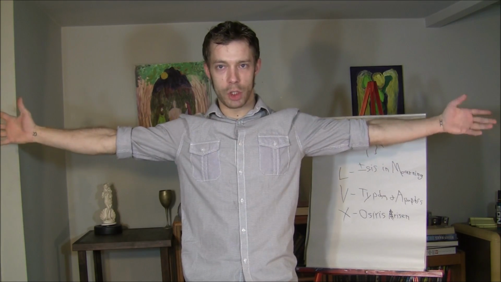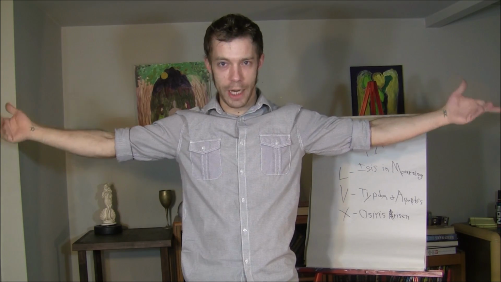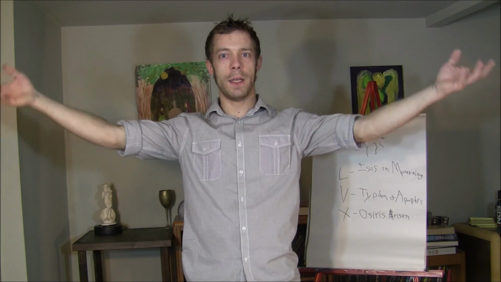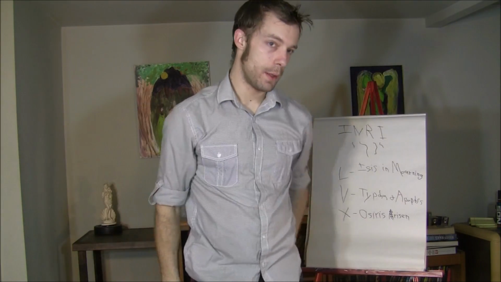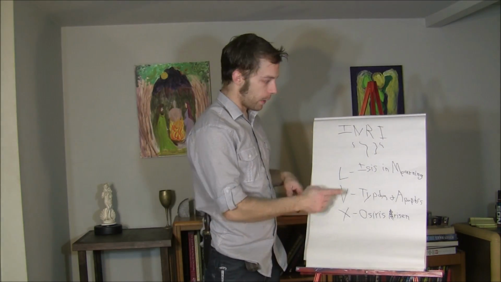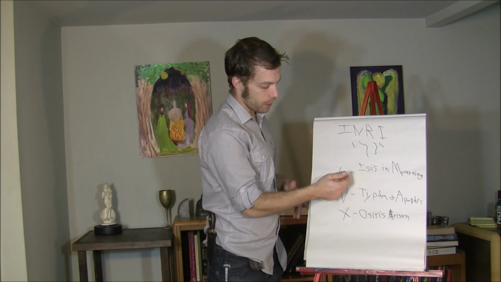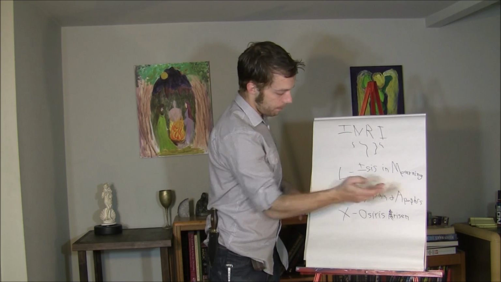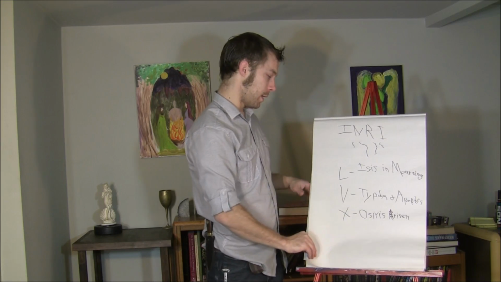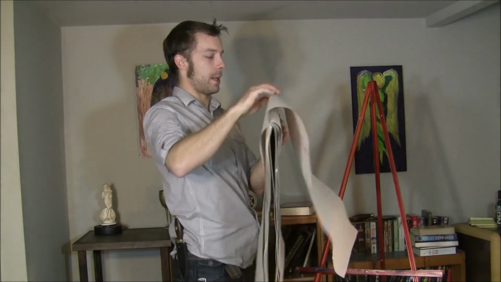Now at this point in time, if you want to be very traditional, you just keep that rigid cross as you move into the next part of your oration. Okay? I like to go ahead and bring my hands up a little bit and call out to the universe. Now we have 3 deities, or 4 deities, but 3 functions. Isis, Typhon and Apophis, Osiris. And those get correlated to 3 astrological signs.